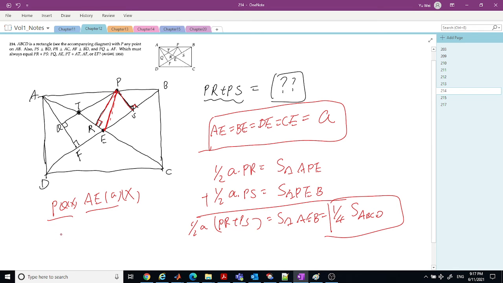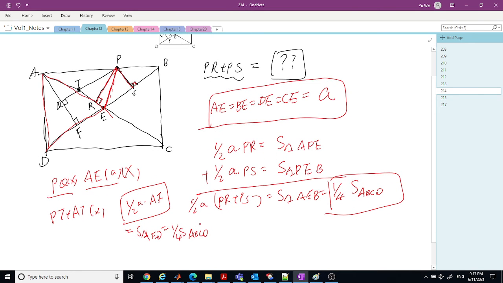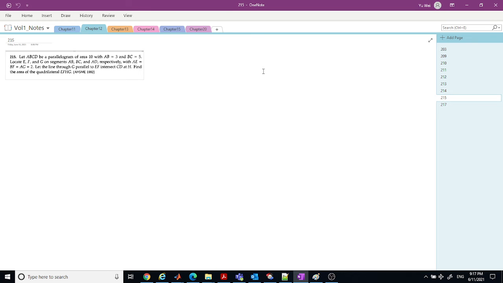And how about the PT plus the AT? No. See AF, half of the A times the AF is this triangle, right? Yeah, it's equal to triangle AED, so it's equal to a quarter of the ABCD. Okay, so that's why the AF is the right answer. Okay, so